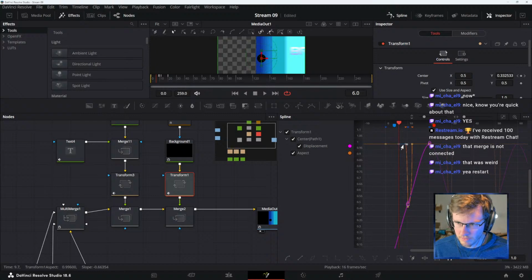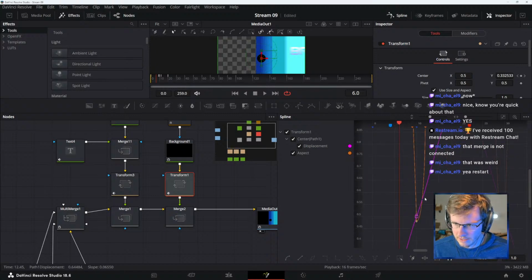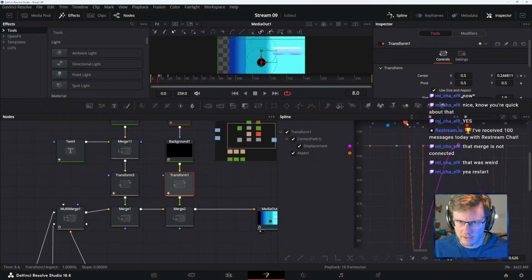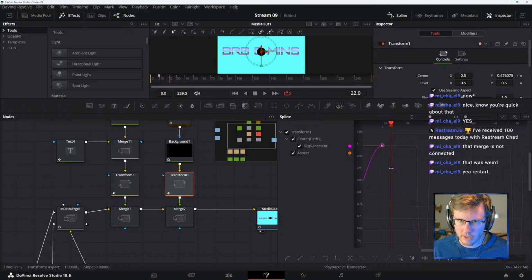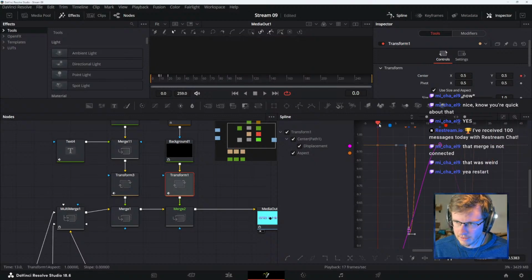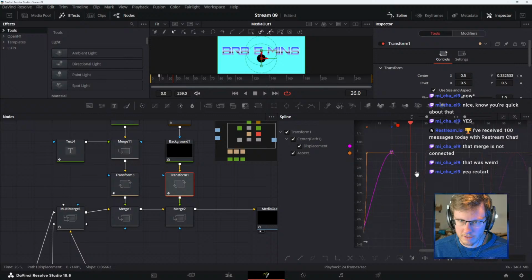Or we could even move this over. It needs to be just a straight instant boink, like all of a sudden flat. That looks pretty good. Boink. Ooh, that looked like it had some bounce to it.